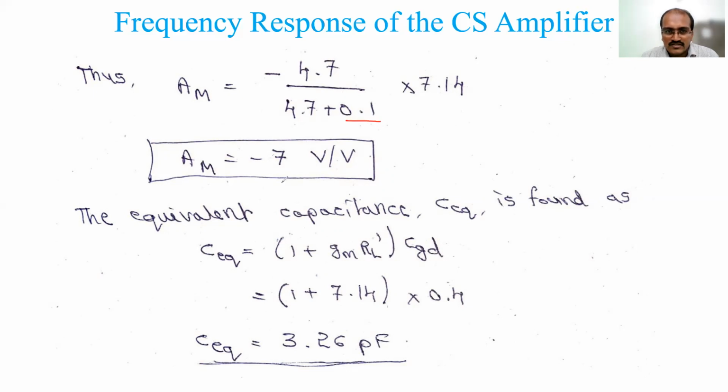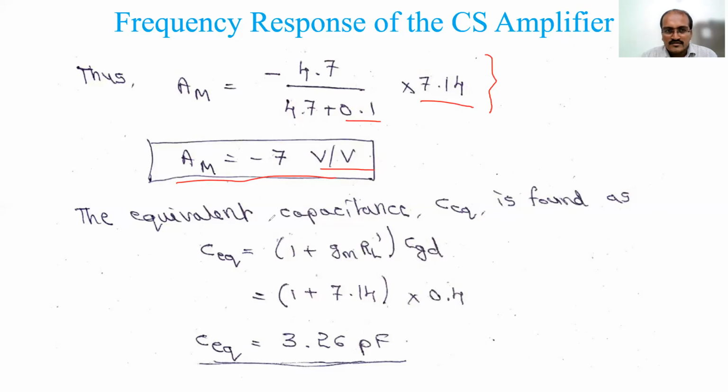So we'll get 7 volt per volt. Both are in mega, which is why mega cancels out, and 7.14 has the unit volt per volt. That's why it will come volt per volt. Okay, so this is the AM, 7 minus 7 volt per volt. You have to check this with a calculator. I will be sending the notes after this session, so you write down. While writing that, you use the calculator and find out whether it is coming correct or not.